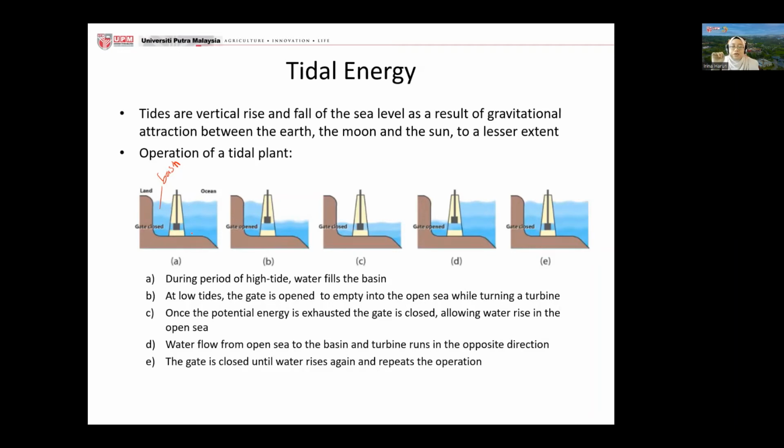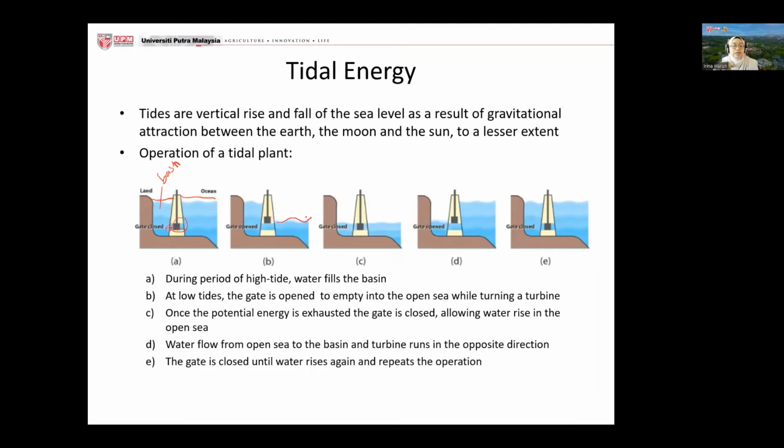As it goes up, water will also fill up here, to the same level. When that happens, you close the gate. So this is closed now, no access anymore, but the level is similar. So when it is low tide, because here is closed,